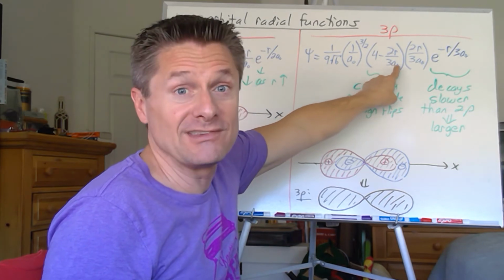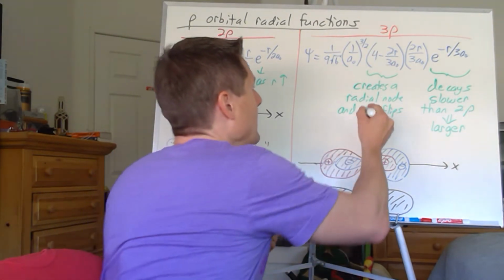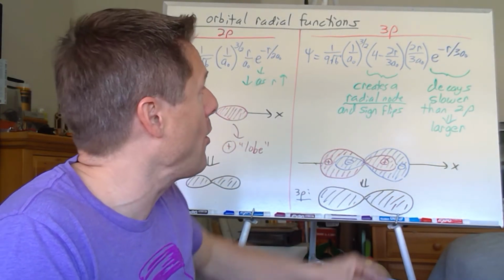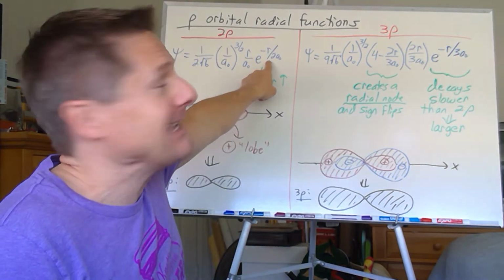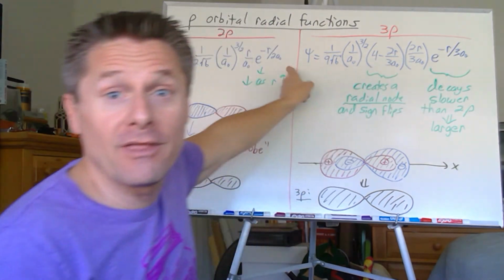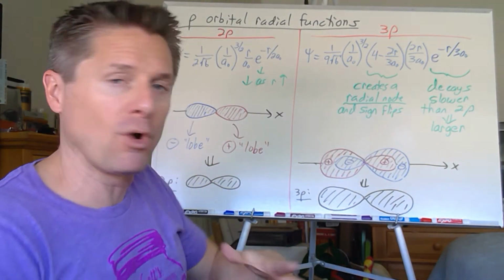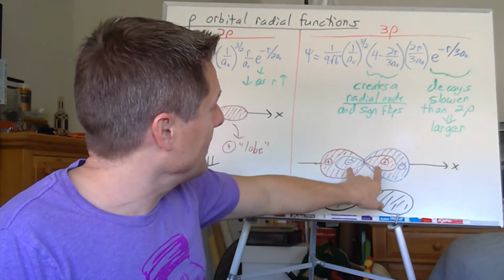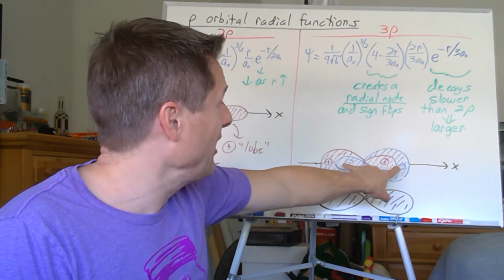4 minus 4 goes to 0, and the probability the electron goes to 0 creates a radial node. And then this is e to the negative r over 3a naught. This is e to the negative r over 2a naught. So this one decays slower than that one, which means it gets bigger. It's bigger in general. There's more electron density further out. Right? So really what it looks like, for a 3p orbital, you have a 2p orbital that flips